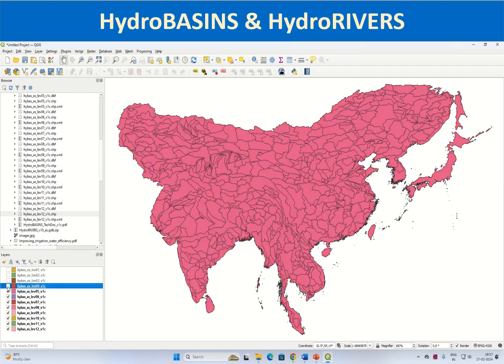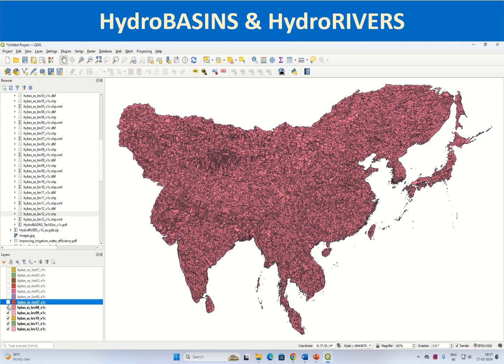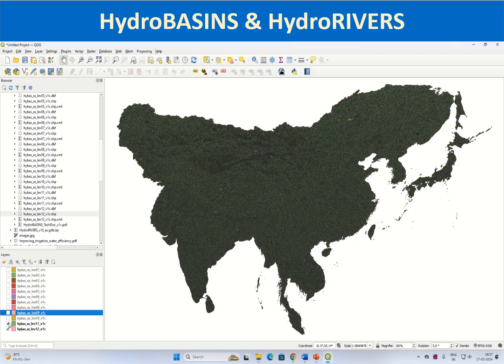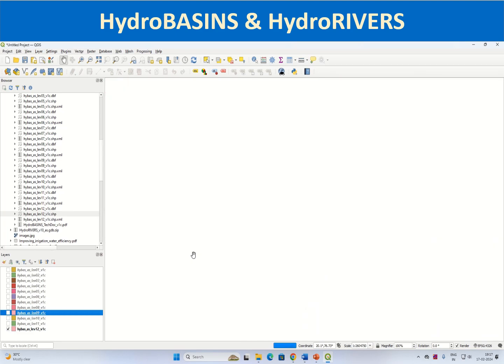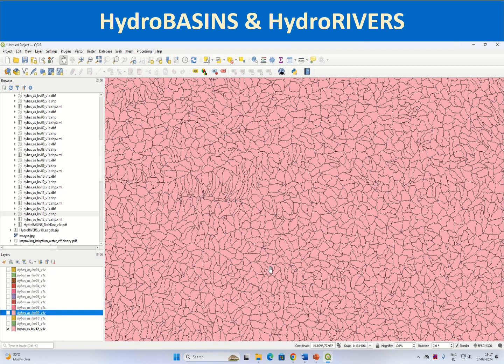Then if you still go further, at the highest level, that is at level 12, small watersheds of an average area of about 100 to 150 square kilometers have been delineated. Now delineation was on the basis of the points where two streams are merging, and if any of the streams has a catchment area of greater than 100 square kilometers, they have delineated it. So you will not find